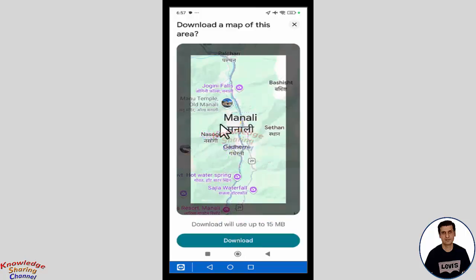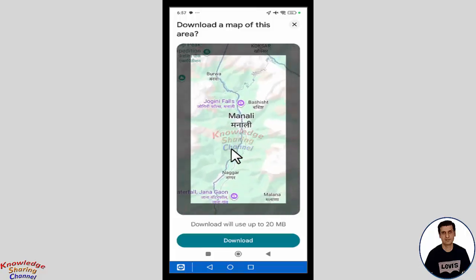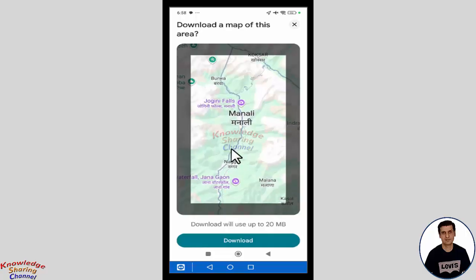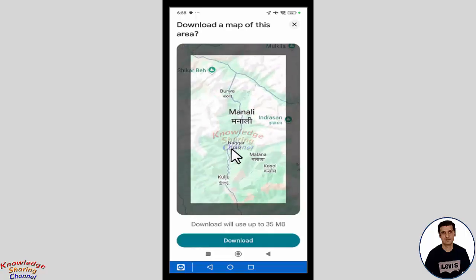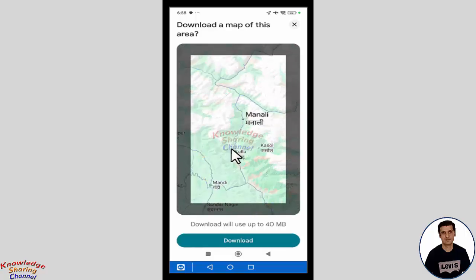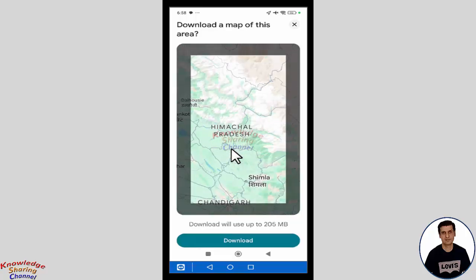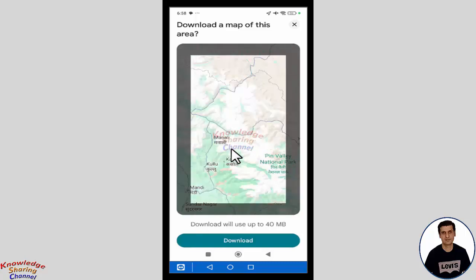Now here I will find the map of the city. So with the help of fingers I will simply select the area of which I want to download the map. Like I want to download the map of complete Manali. So I will select the area. Now after selecting the area, you need to press on the download button, and it will download the complete map